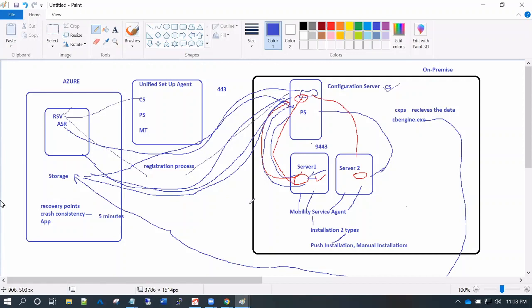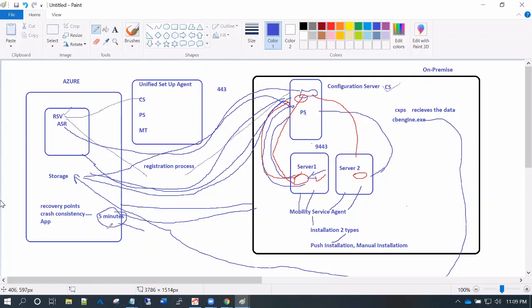Let us say the data has been replicated now. In the next 5 minutes it continuously replicates, and whatever data is there, it will issue a tag for it as crash consistency, because whatever data is on the disk, it reads and tags. So if you want to fail over, you just choose this recovery point and do a failover.